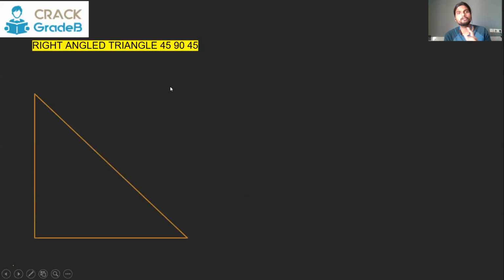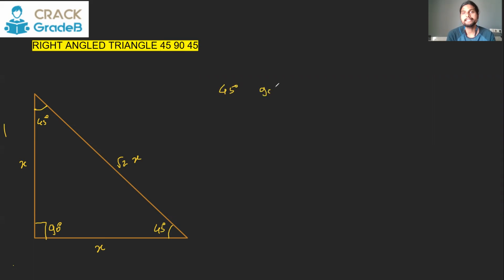Another specific type of triangle is what we call the 45, 90, 45 triangle. So that triangle also has similar types of properties. If this angle is 45 degree, this angle is 45 degree, and this angle is 90 degree. So if the side opposite 45 is x, this other 45 opposite side is also x, and the side opposite 90 degrees is root 2 times x. So the ratio that they possess is 45, 90, 45. The ratio of the sides opposite to these